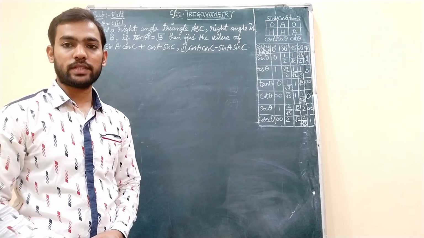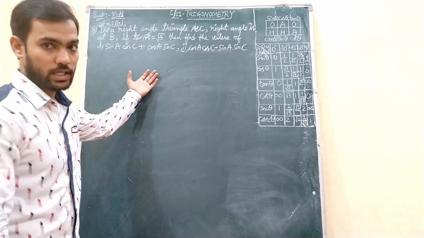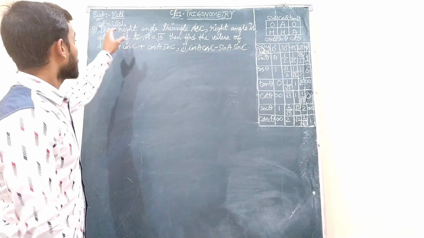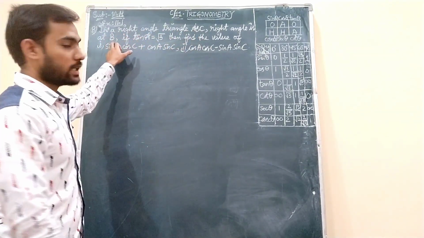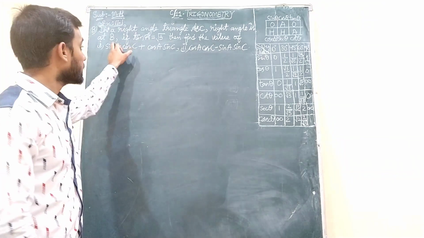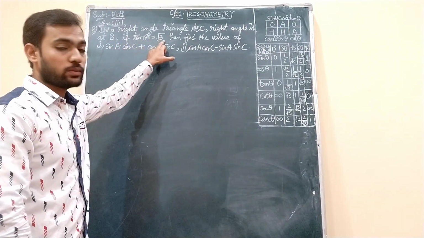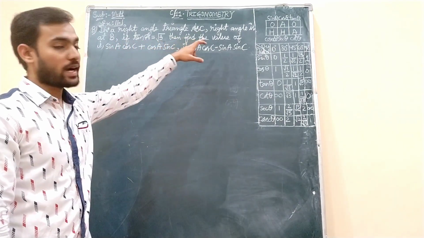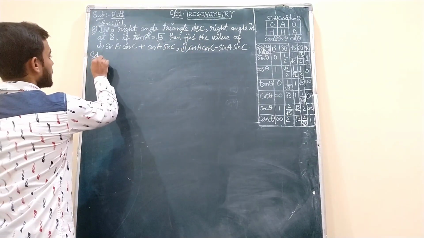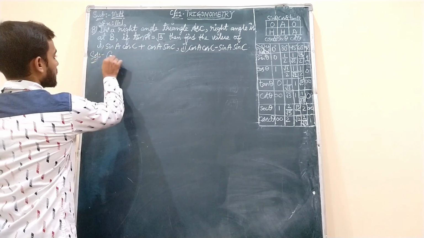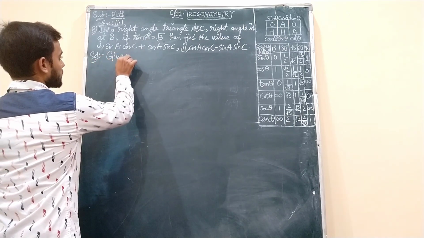Now the last question of the exercise, students, question number 8 of exercise 11.1. In a right angle triangle ABC, right angle is at B, which means angle B is 90 degree. If tan A equals root 3, then find the value of these two expressions he is saying. So in solution, first we will write given data. Given that